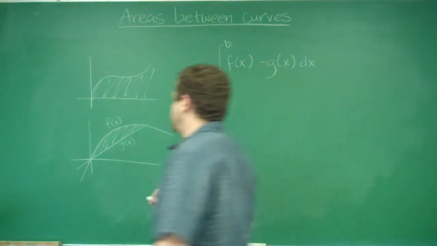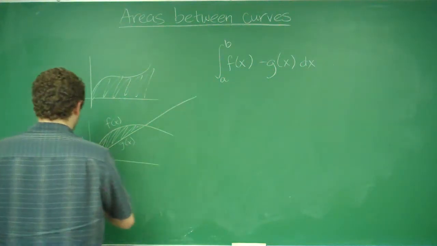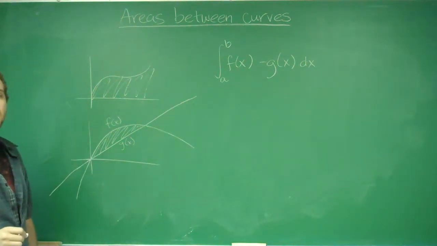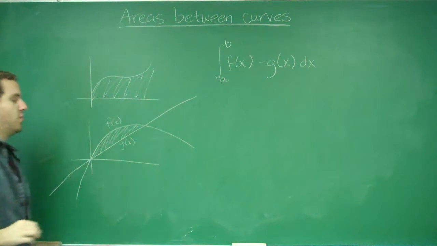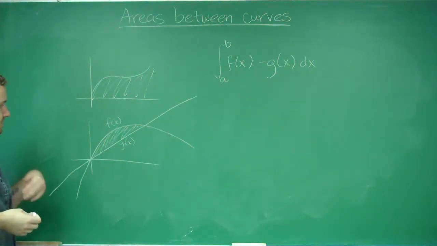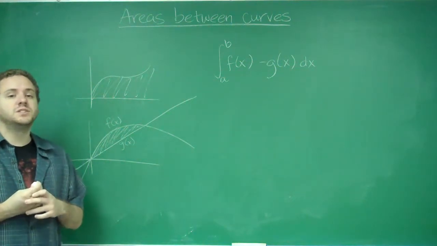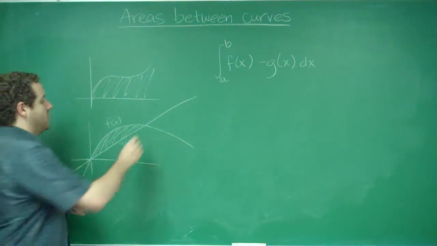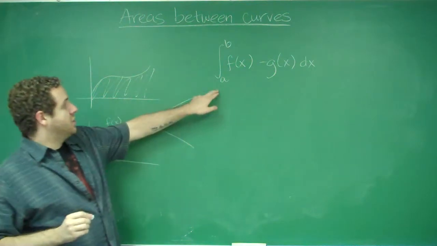So the other thing you can see is that if you were to extend these curves and you were asked for the area in between them, the way they cross here makes this the logical choice for the place between the two curves. The problem is, if you were given, again, not a graph, but just the algebraic functions, it's not immediately obvious where these points of intersection are, because wherever they are, that's what you're going to have to put as your